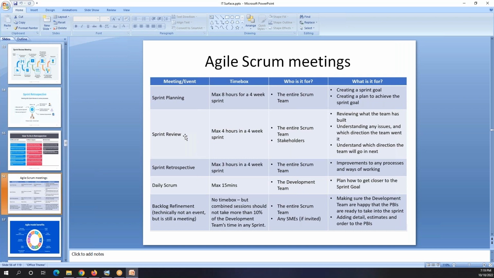Sprint review is the last day meeting that we do in the sprint, and you use it for the demo as well. The stakeholders and the product owner join here. Usually it takes 4 hours maximum, but if it is a small team, it takes like 1.5 to 2 hours. Sprint retrospective, daily scrum, and backlog refinement.